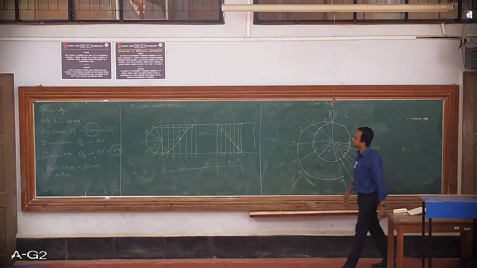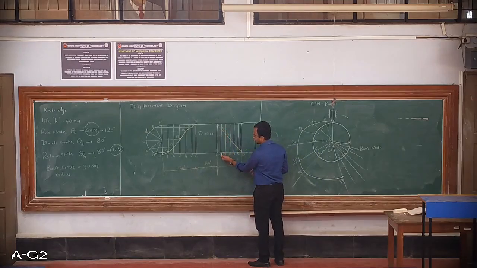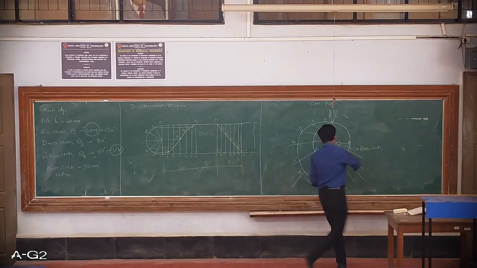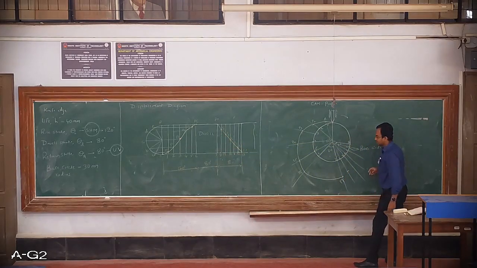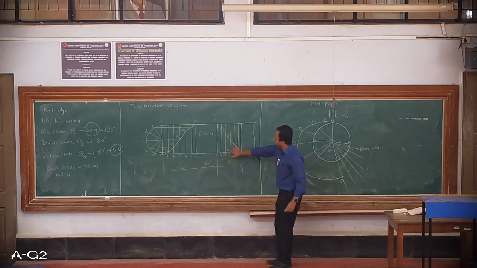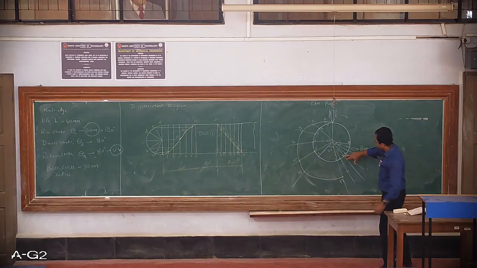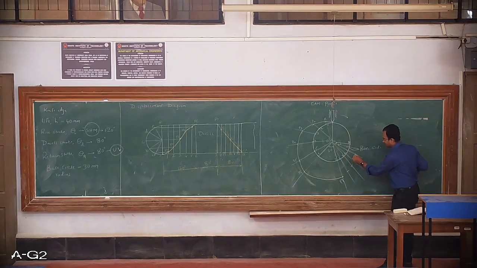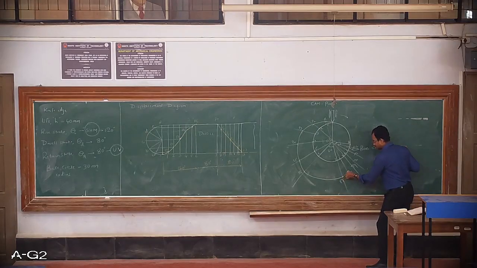Next I'll see for P8. To measure P8, what I have to do is from point 8 to P8, set the compass and cut the arc here. Similarly for P9, from point 9 to P9, and here also from point 9 to P9. So like this, if you keep on doing for all the curves, you'll get the P points, and I'll name them P8, P9, P10, P11, P12, and at the end it will be P13. And all I have to do is again join them with the smooth curve.